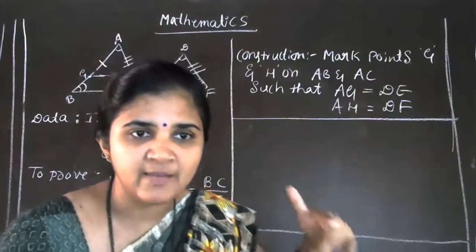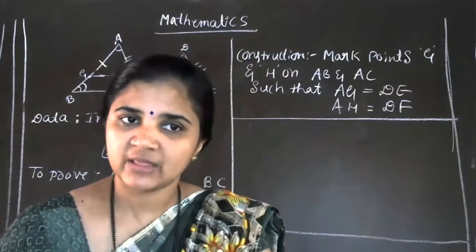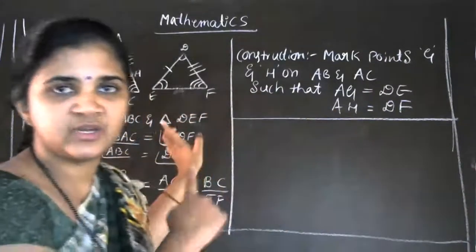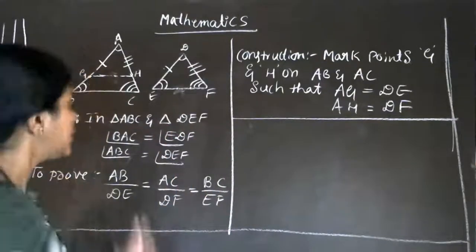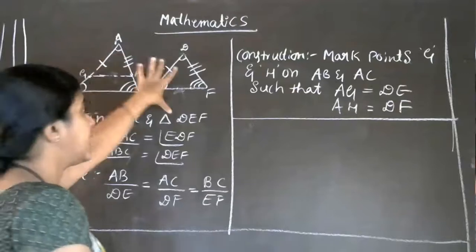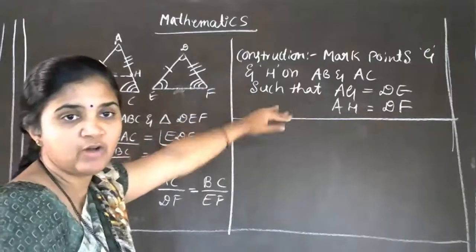Okay, last 5 minutes are there. If the meeting is ended, then join with the same link for 5 minutes. We'll finish this discussion. Now, up to the construction step, it is clear, no? So what is the first one? Diagram, then given, then to prove. Construction, you have got the idea, no?